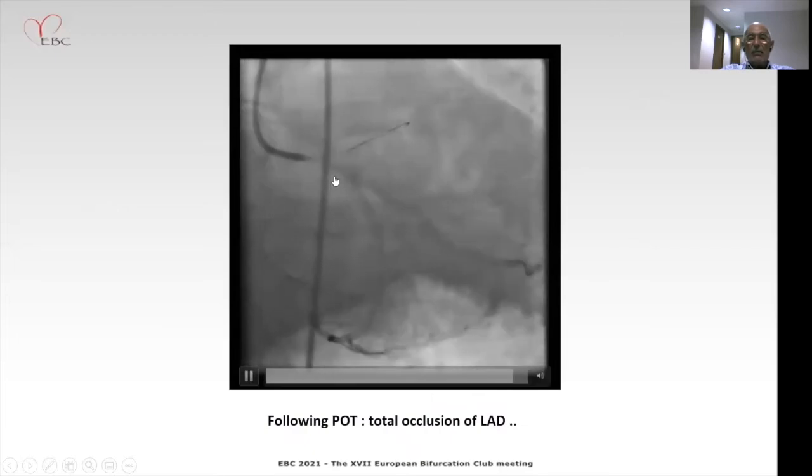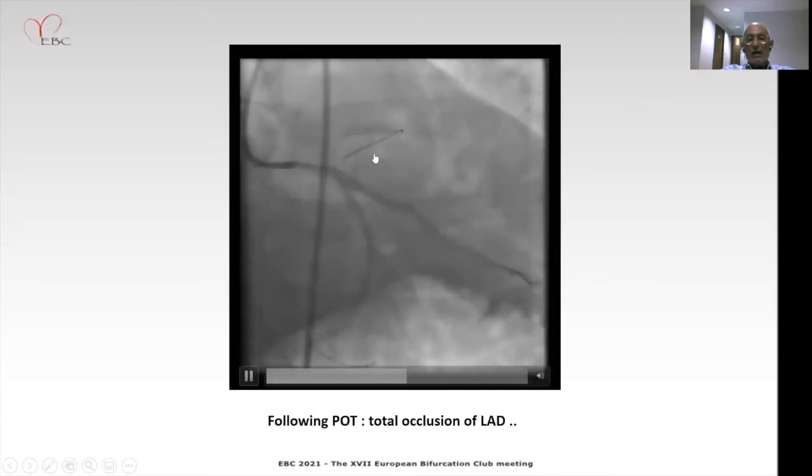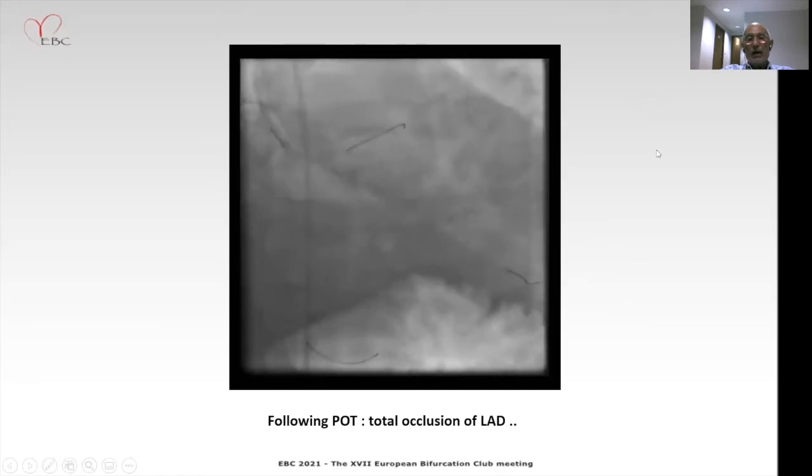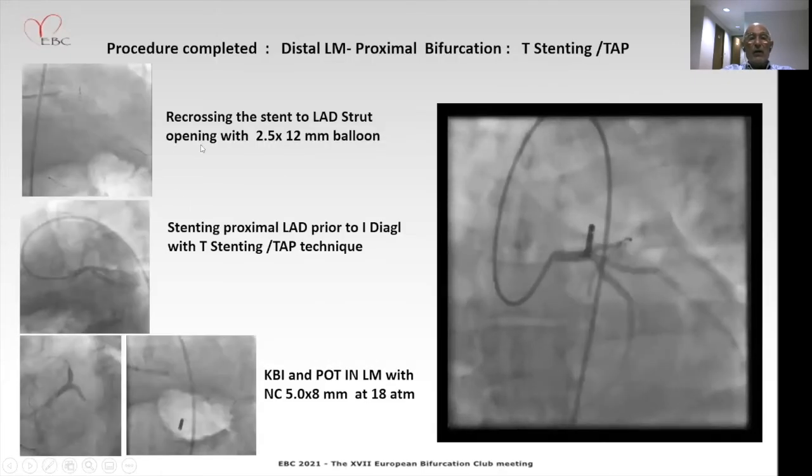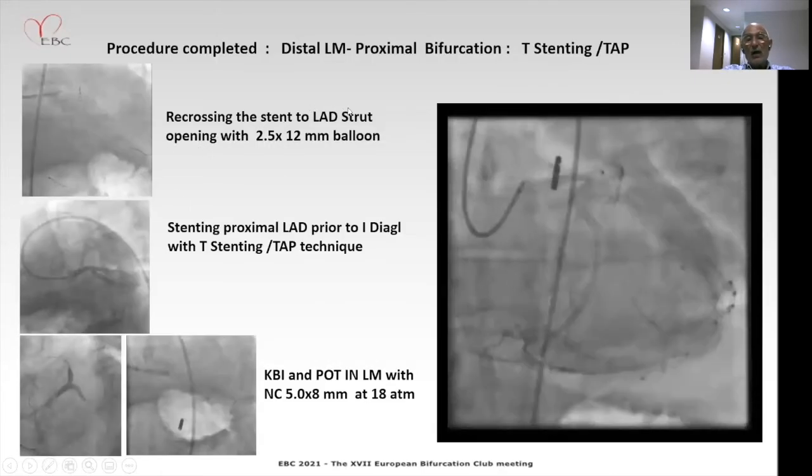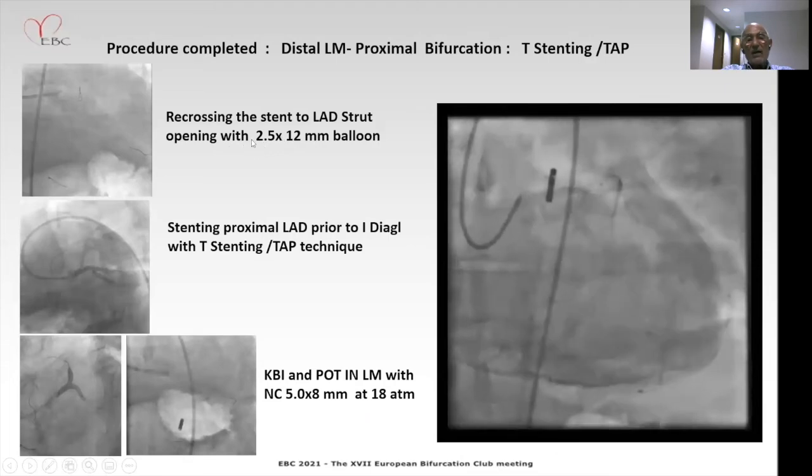After the POT in left main, we had total occlusion of LAD. Then we recrossed the stent to LAD, opening the strut with a 2.5 balloon, and then completing the procedure with